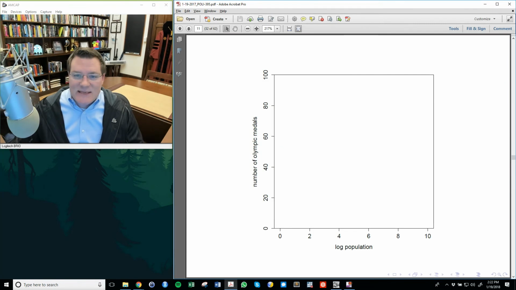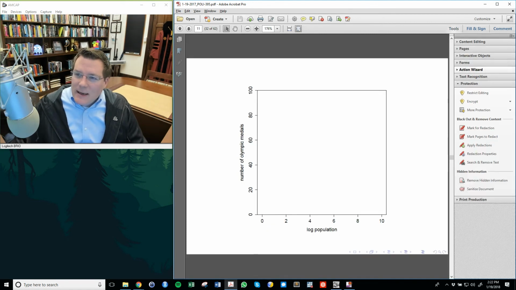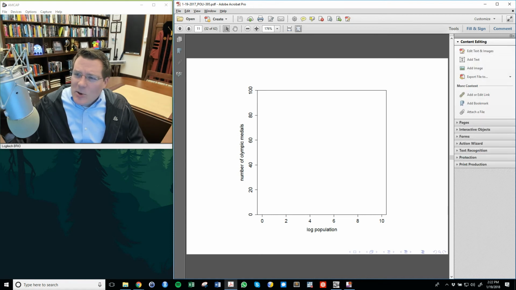Translating this into a testable hypothesis. I have created a little graph here, and I should be able to draw on this. Let's see. This is under content editing. Text highlighting. I know there's a pen around here somewhere.